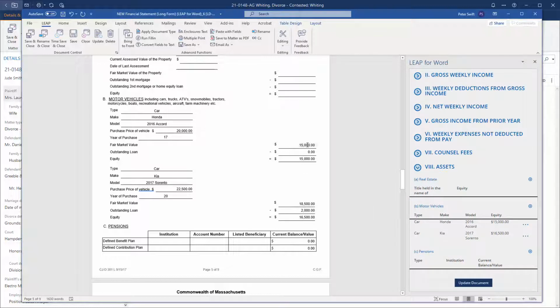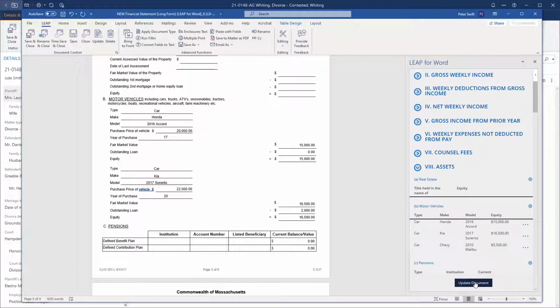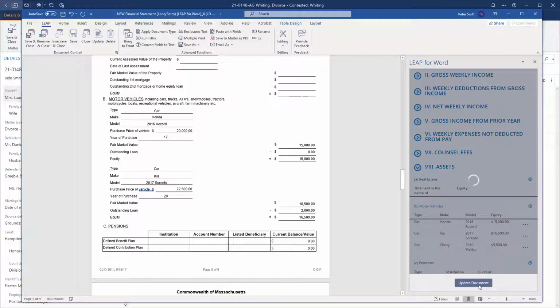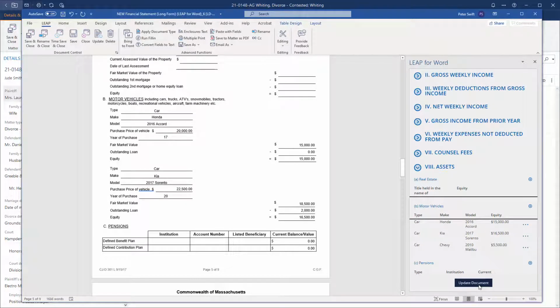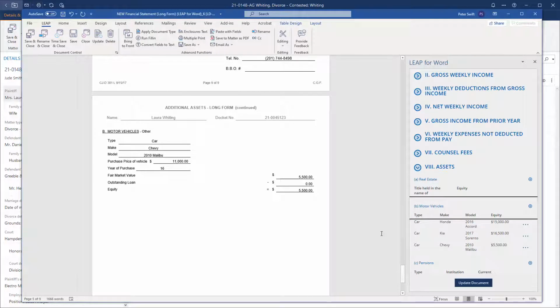But what would happen if there were a third car that needed to be entered? Let's find out. We'll click Save, and then update our document. We don't see anything new appearing on this page, but if we scroll down the body of the document, we see a brand new Additional Assets page that was automatically generated for keeping track of our assets that couldn't fit